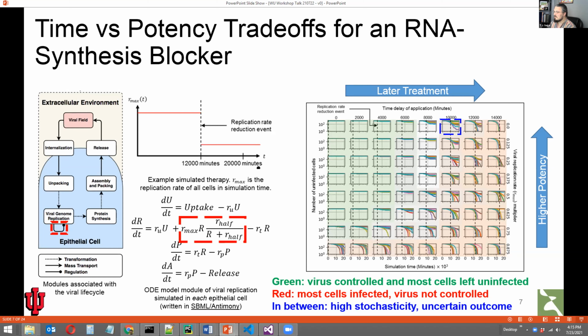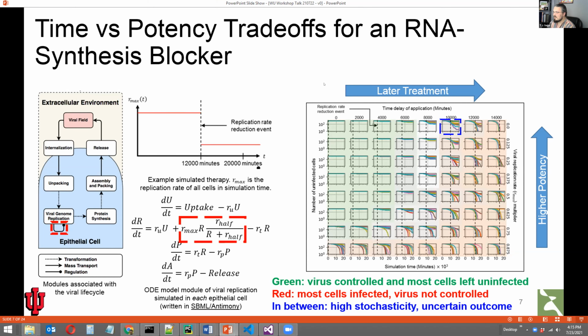Whereas down here in the bottom row, you can see by these coefficients, this is the reduction by which the Rmax coefficient is reduced to. Here for 0, what this means is that when the therapy is applied, Rmax is multiplied by 0 and shut off. Whereas in the bottom row at 0.875, you see there's a 12.5% reduction in this column.